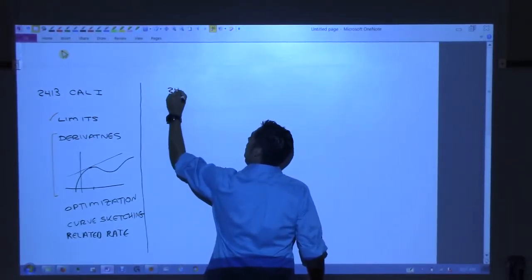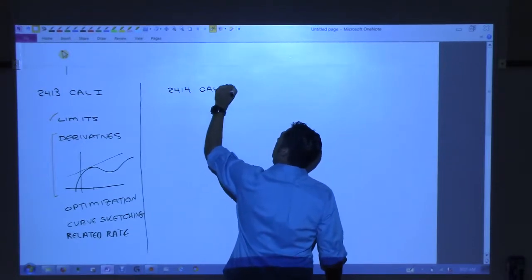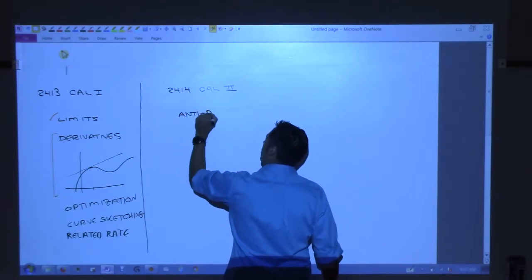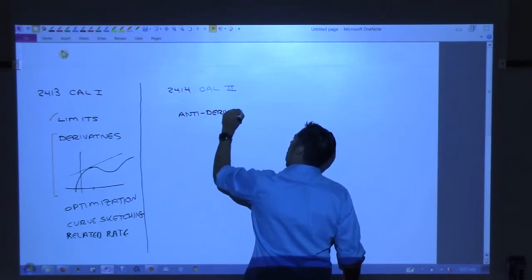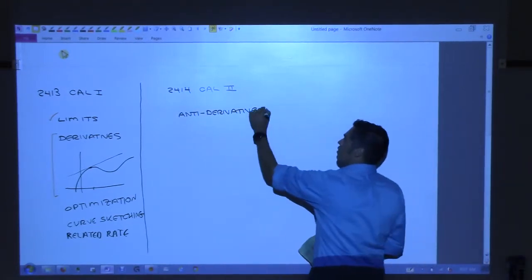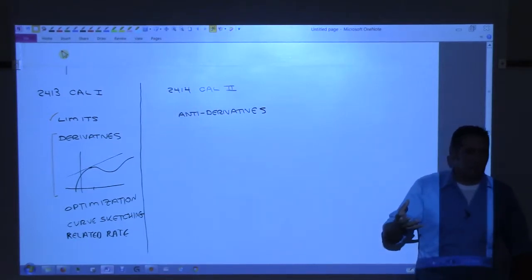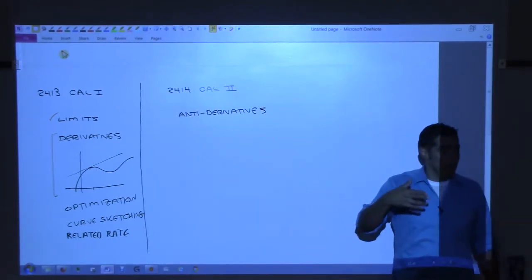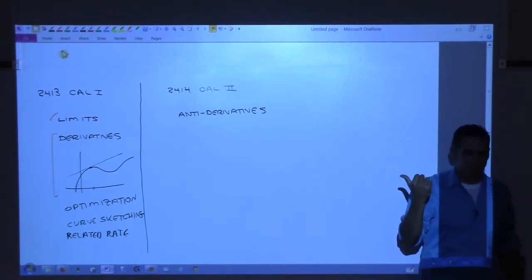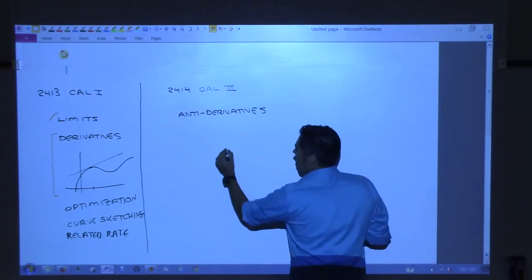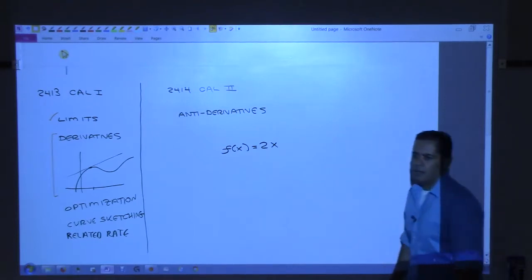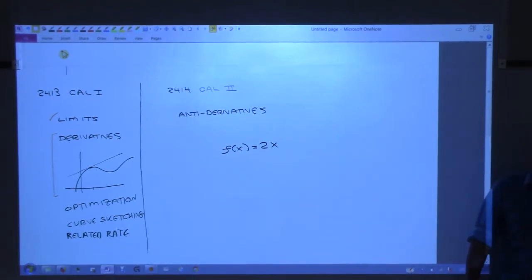You might be repeating the course, so you might already know this, but in Cal 2 what we really focus on are what are called antiderivatives. All we're going to be doing towards the beginning of the class is taking a function and saying, hey, that function is the derivative of something, and you have to go backwards and figure out what it was the derivative of. Quick example: if I tell you that I have a function f of x equals 2x, then that's the derivative of something. What is that the derivative of?